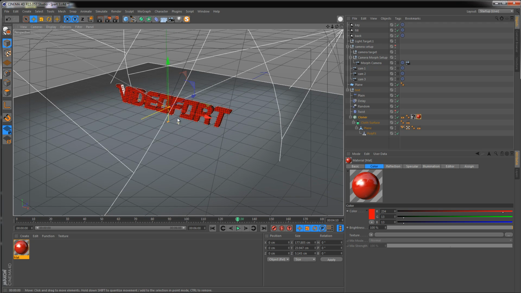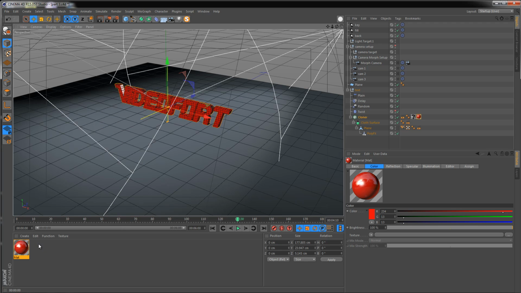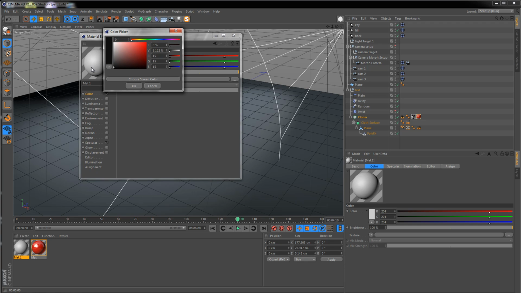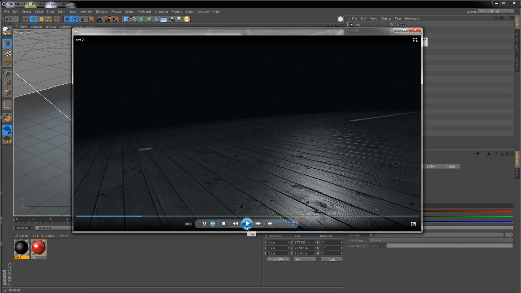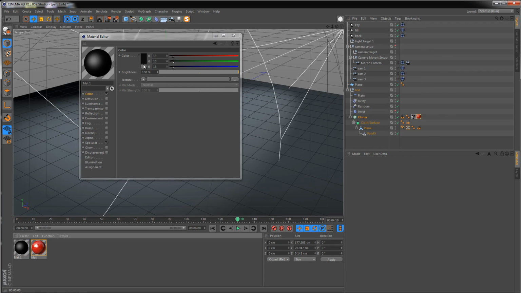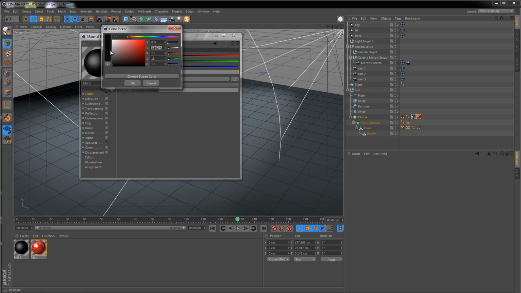The only thing which is maybe slightly more complex now is the texture for the floor. I'm going to double click to create a new material, and go to the color channel. Actually, I'll just have this as black. If you look back to the example again, you can see that the floor is this black or dark gray wooden floorboards. And the way I did this was setting the color in here to be a really dark gray, so 5% on the brightness,